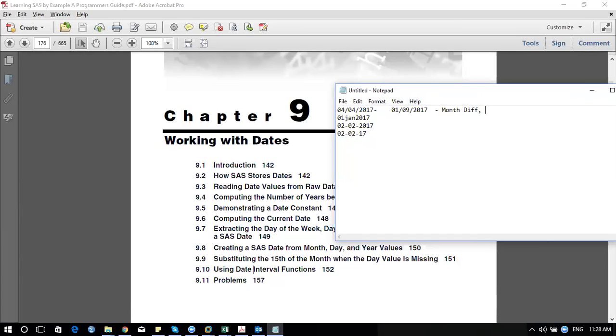So we may end up with questions of getting month differences, how many days in between, how many years in between. So many questions arise, such as how many quarters pass between 2 months. This is nothing but a different type of analysis we do.